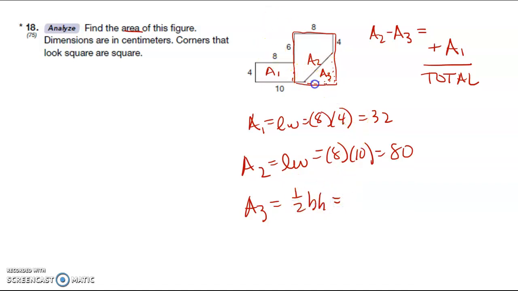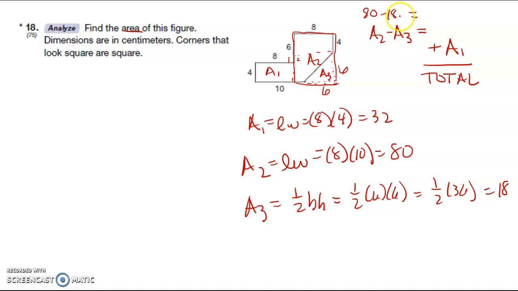The base of this triangle, let's see, if this is 10, and that's 8, that's 2. So this is going to be 6. And then the height, let's see, so we have 4, and that's 4, so it's also going to be 6, because that's 4, and this is 2. Okay, so 1/2, 6 times 6, 1/2 of 36 is 18. So we'll take 80 minus 18, which is equal to